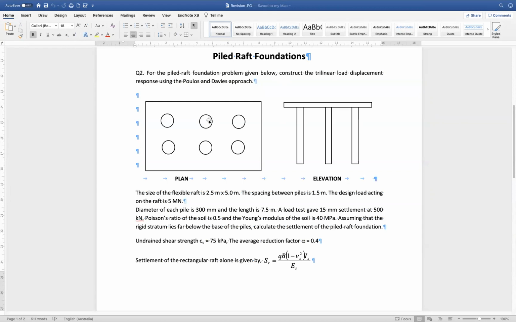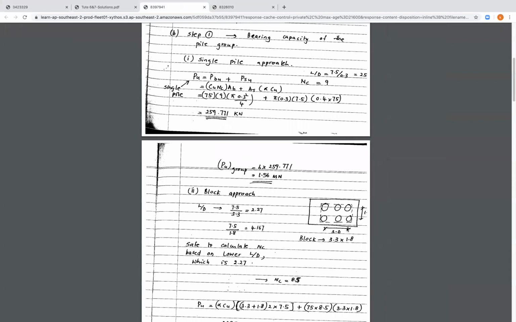So we have here the spacing between the adjacent piles as 1.5 meter by 1.5 meter, and that will be added to the diameter of the pile. So in this direction, we're going to have 3.3 meter, and in that direction, we're going to have 1.8 meter, because 1.5 plus 0.3 will give us 1.8 meter in this direction and 3.3 meter in that direction. So that's what we end up with here. So the block cross-section